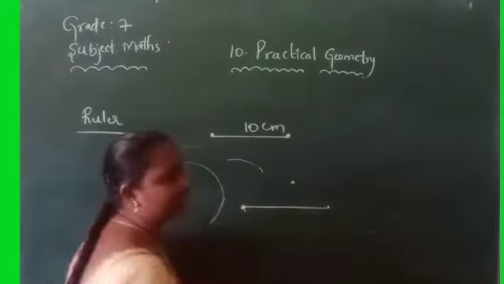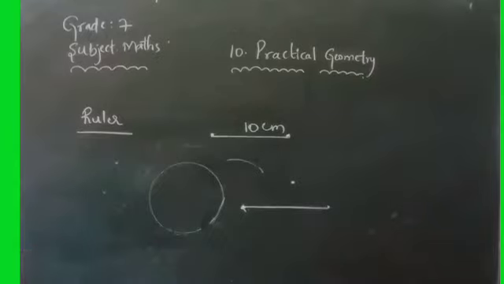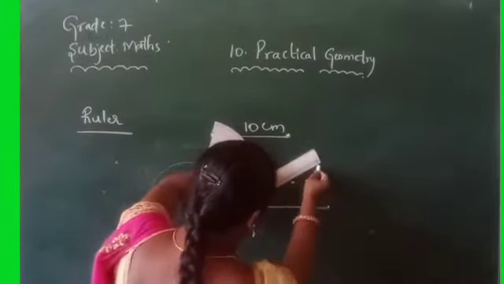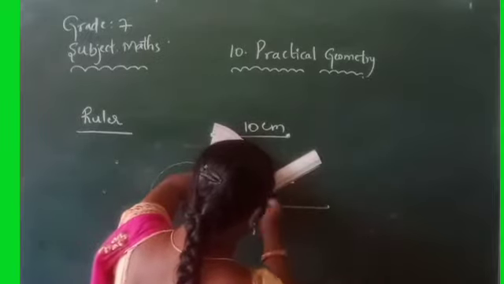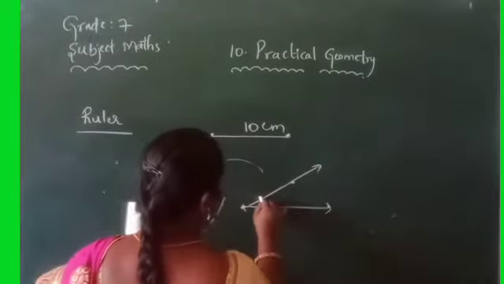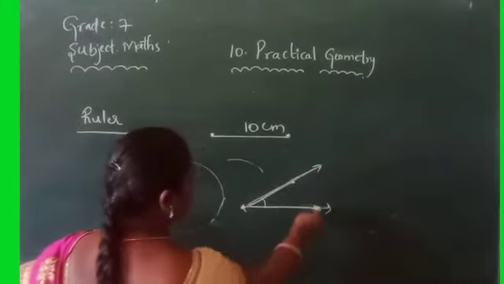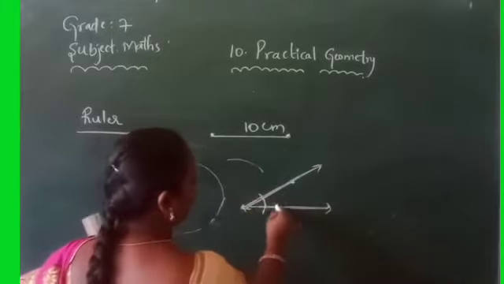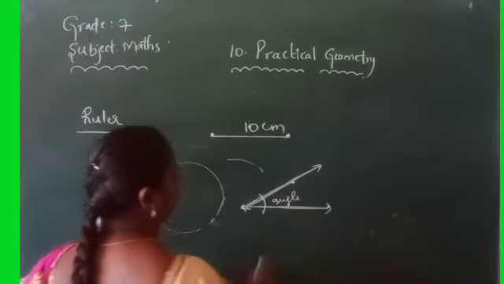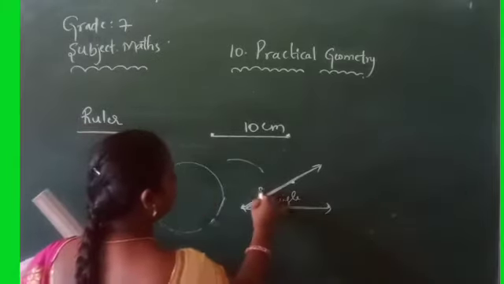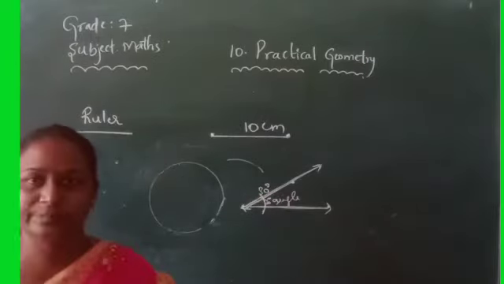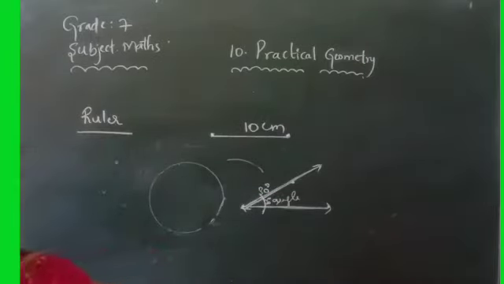This is the 30 degrees angle. Now you can join that with the help of a ruler, like this. If two rays meet and join at one point, what is formed? An angle. So this is the angle. How much angle is it? 30 degrees. It is the 30 degrees angle. Okay, children? So these are the uses of the instrument box.